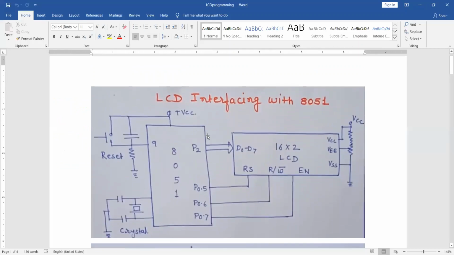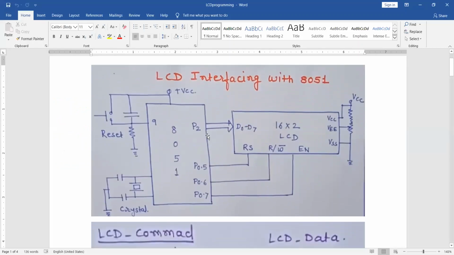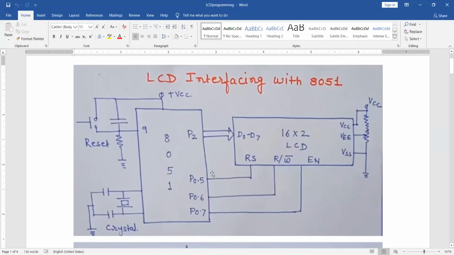Now see this, can you see it? Yes, sir. This is the diagram of how your 8051 microcontroller is connected to your LCD screen.